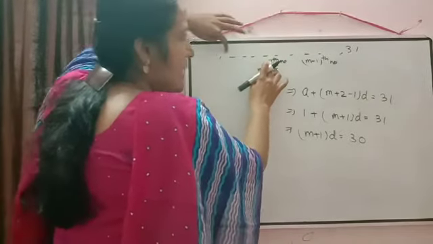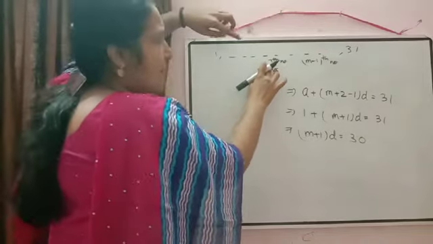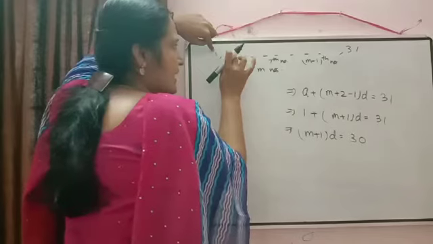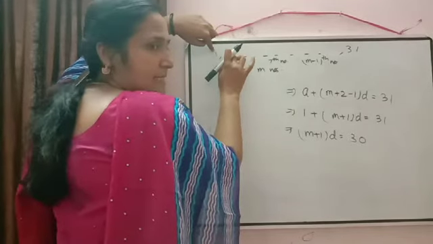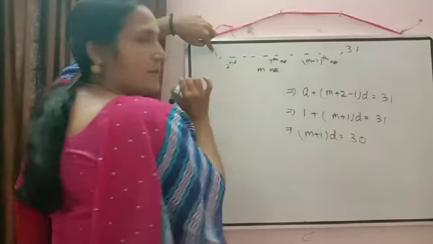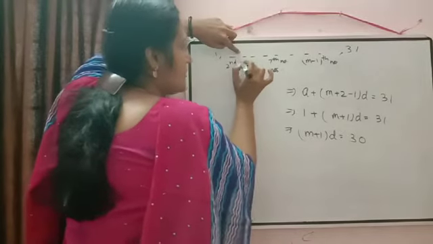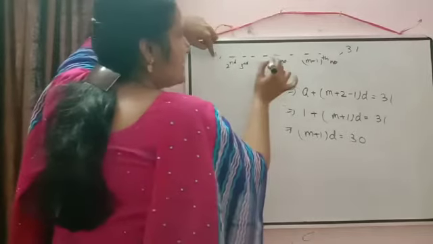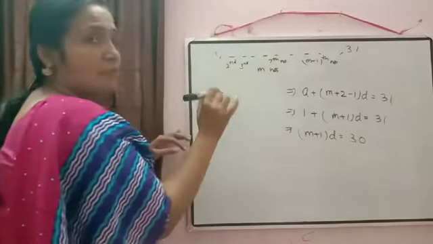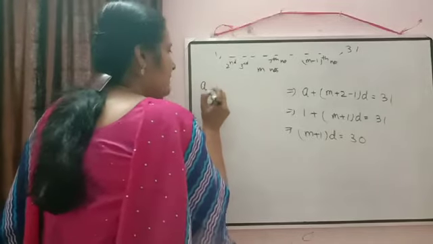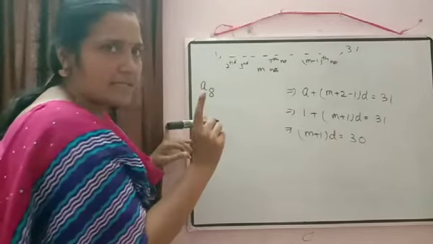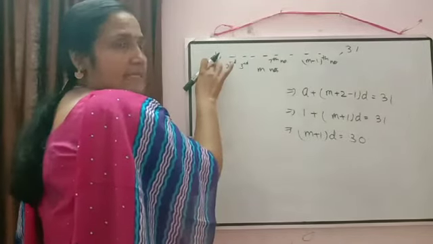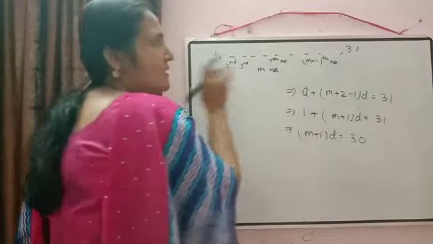If you check the AP, the resulting sequence is in AP there. So this is the first term of the AP. Obviously the first number which you inserted will be the second term of the AP. The second number which you inserted will be the third term of the AP. So similarly, the 7th number which you inserted, what will be that one? Yes, that will be the 8th term of the AP. Is it clear? 7th number it is saying, so the first term is extra there, so that will be the 8th term of the AP.